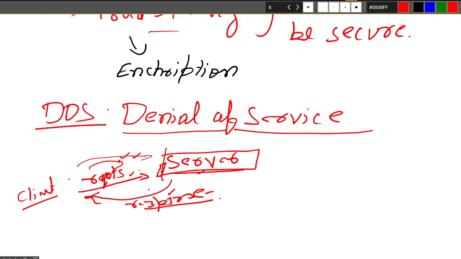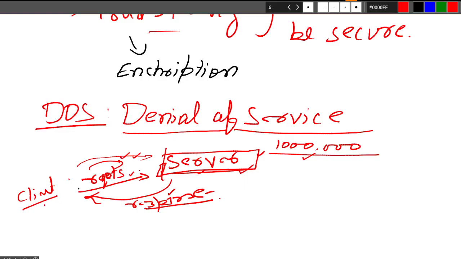Suppose in this scenario the server is able to allow 1 million users at a time, because it knows more than 1 million users are not possible for our server. So it is maintaining a queue which can handle requests of 1 million users.